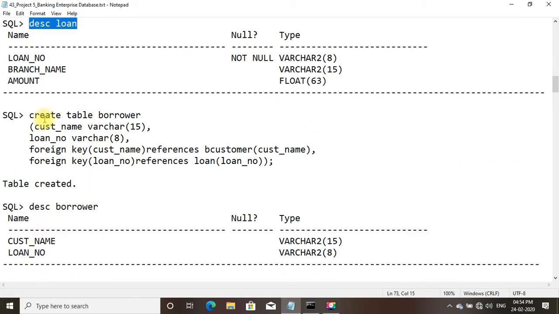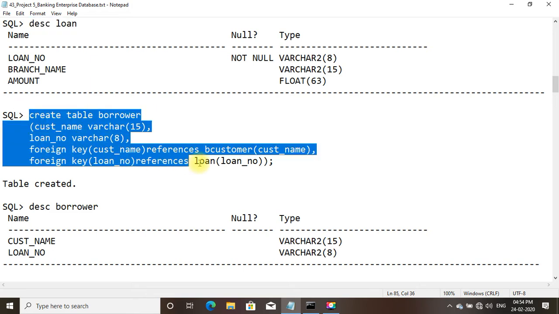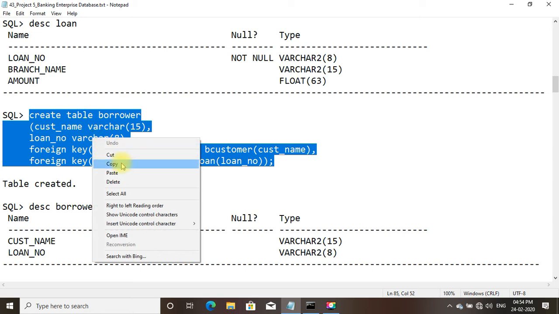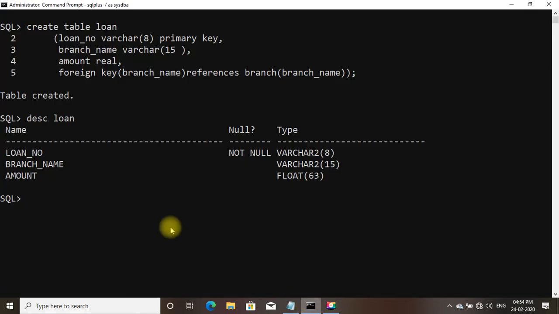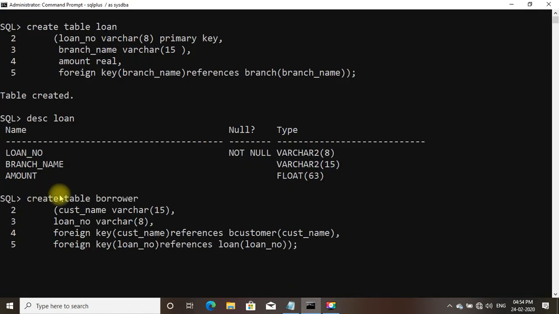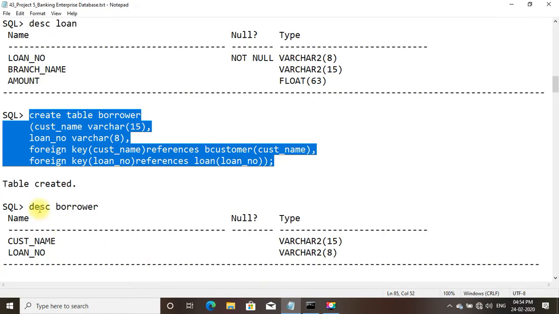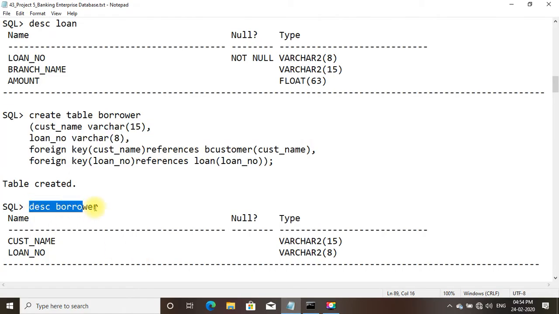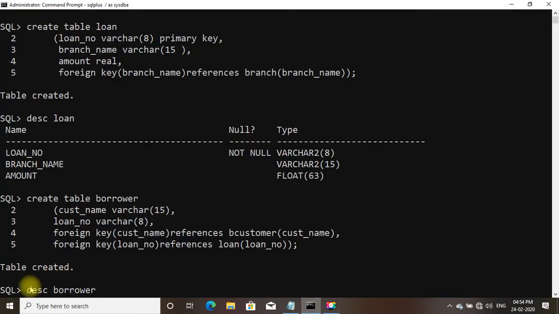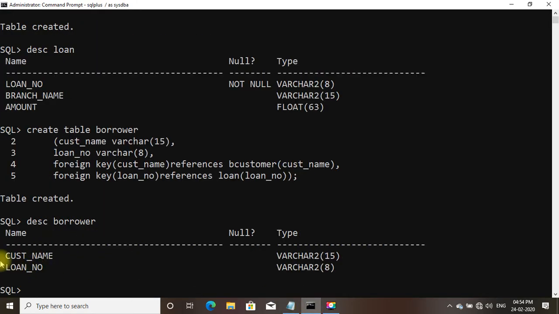Now we shall come to the table borrower. We can see table created. Describe borrower. This is the structure of the table borrower: cust_name, loan_number.